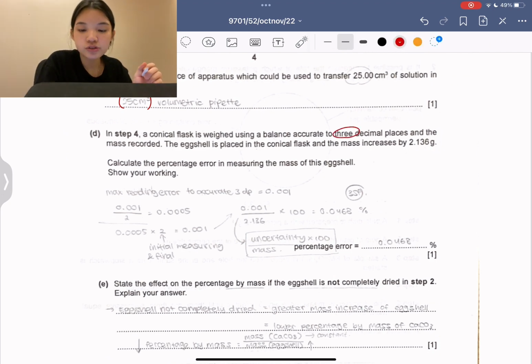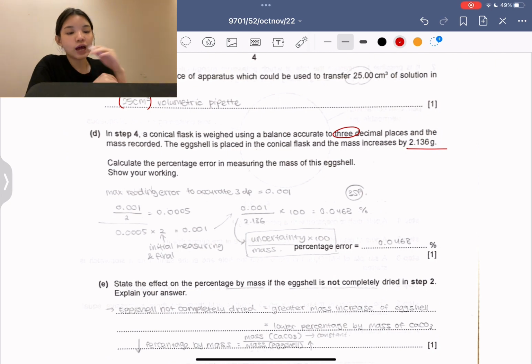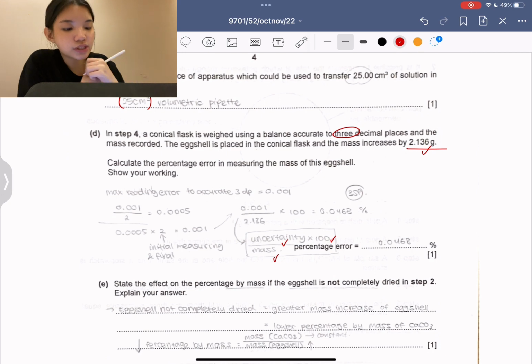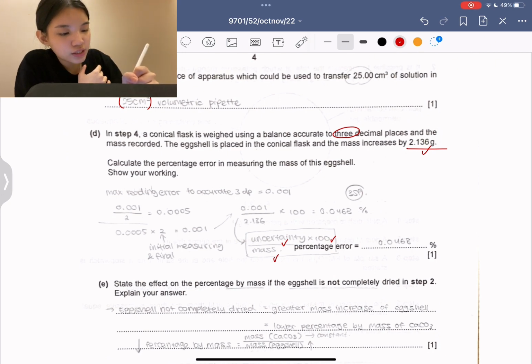Next, D. In step 4, a conical flask is weighed using a balance accurate to 3 decimal places, and the mass is recorded. The eggshell is placed in the conical flask and the mass increases by 2.136 grams. Calculate the percentage error in measuring the mass of the eggshell. So percentage error is the uncertainty divided by the mass increase, times 100, or uncertainty divided by the value times 100. I'm using a balance accurate to 3 dp, so